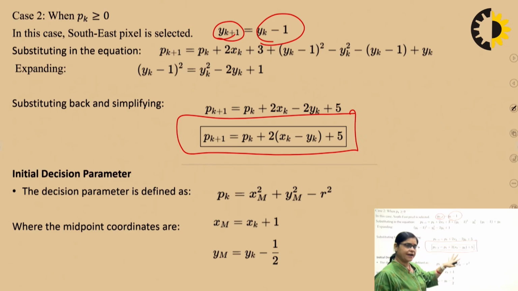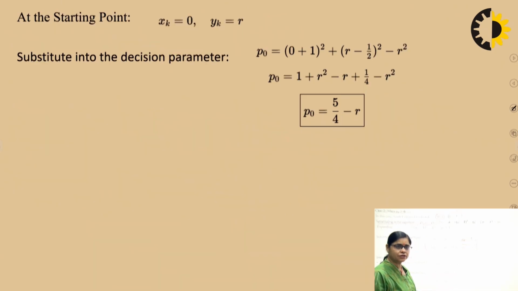Now, after finding out whether the values are lying on the circle, inside the circle or outside the circle, we will take the initial decision parameter. If you remember, for the initial decision parameter, pk is equal to xm square plus ym square minus r square, right? Where xm is equal to xk plus 1 and ym is equal to yk minus 1. Now all these values we are substituting, and then we will find out that